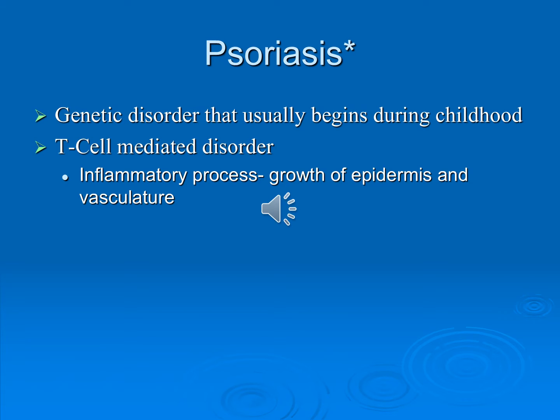So another inflammatory-based condition is psoriasis. Psoriasis is a genetic disorder, and usually does begin during childhood. It could potentially be precipitated by a bacterial infection. It's an inflammatory process that basically causes rapid growth of the epidermis. It's a T-cell mediated disorder, so it causes the epidermis to grow, and that kind of dictates the type of